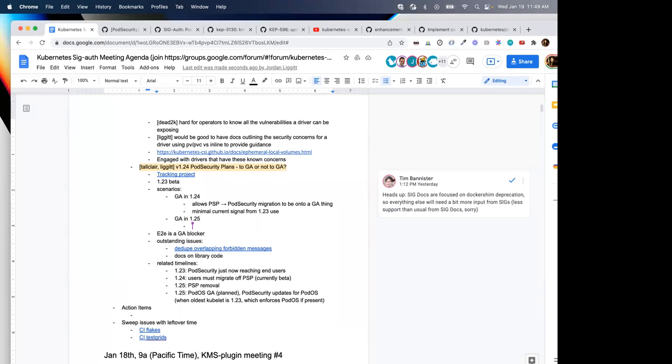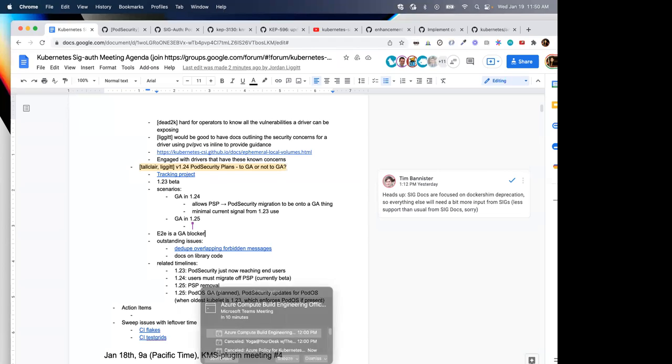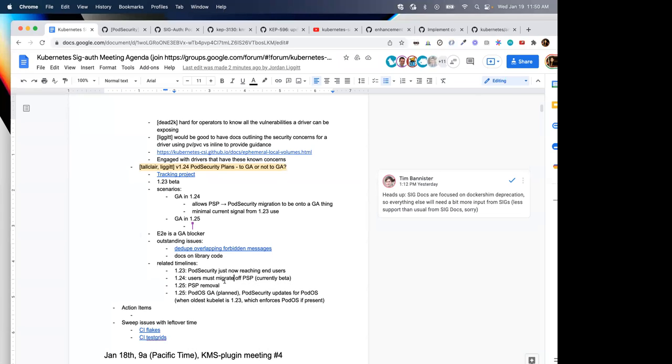Not that we're necessarily saying you must wait for us, but OpenShift is fairly knowledgeable about how this stuff works. We have years of experience enforcing security on pods. And we haven't gotten our feedback back. I haven't seen other people's feedback come back yet either. And so planning for a GA without that feedback worries me.